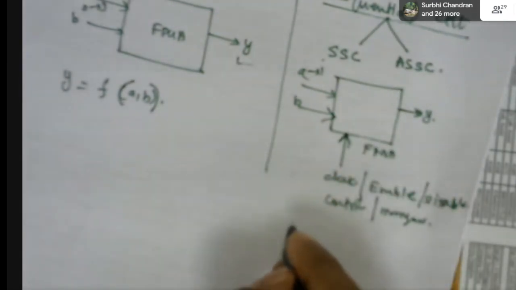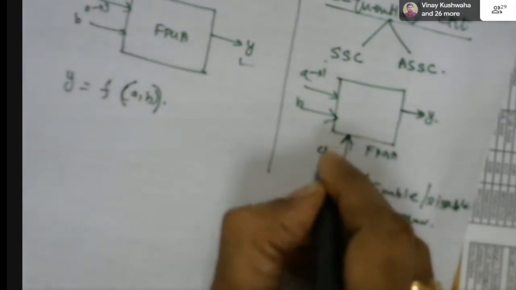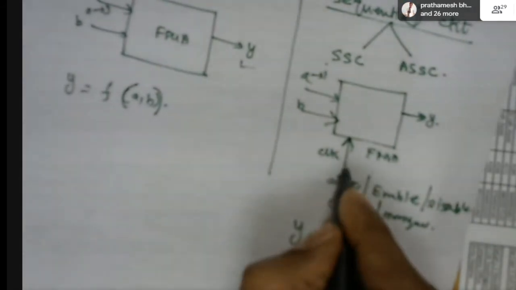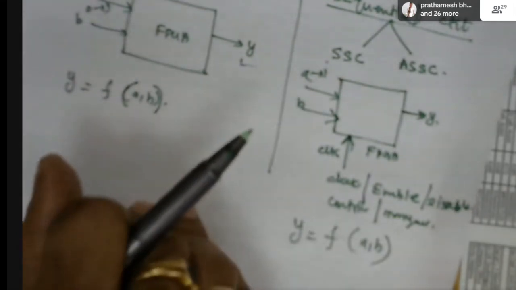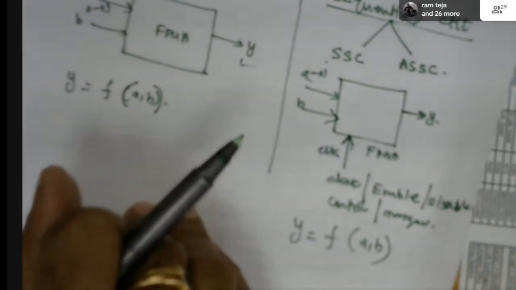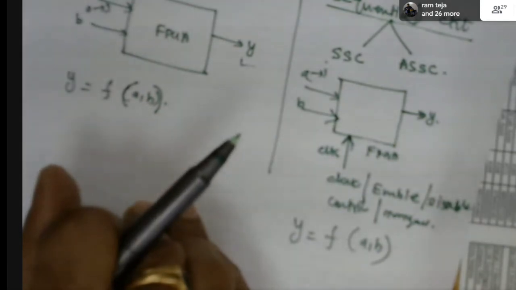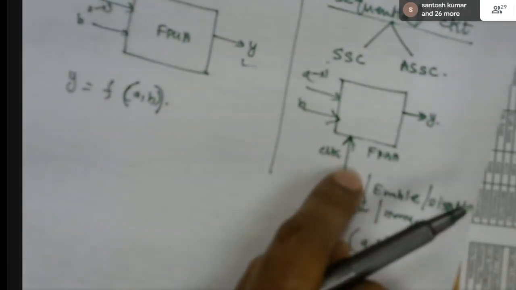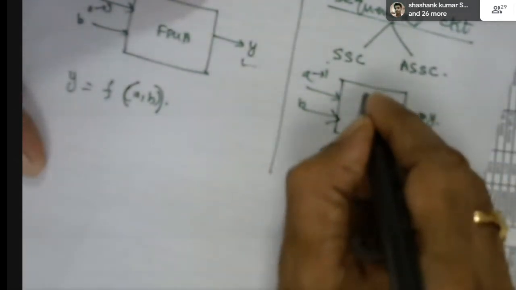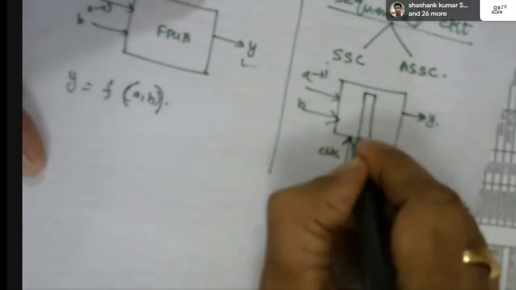In this equation also, Y is equal to some function of A comma B only, right? It is not a function of another input, maybe CLK. We call it CLK. Clock is not the input here, but it is the control input. It is a controlling person, a managing person, a time management person, but this input will not be involved in the logical operation. You understand now? It is not a matter of logical combination. So still Y is equal to some function of A comma B only, but this fellow will have control over it. Therefore, we need to have one more section called